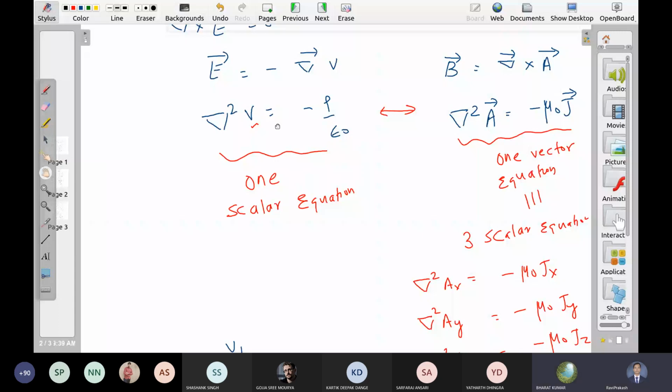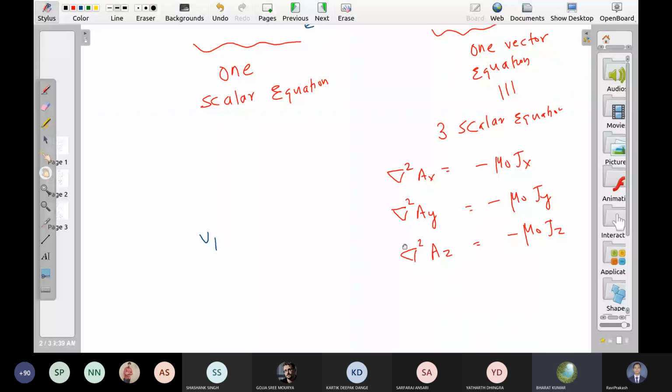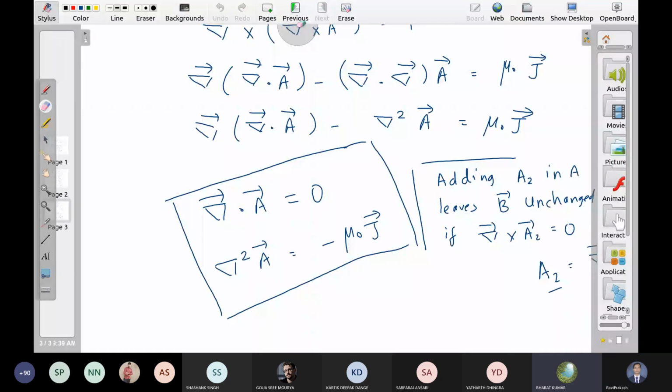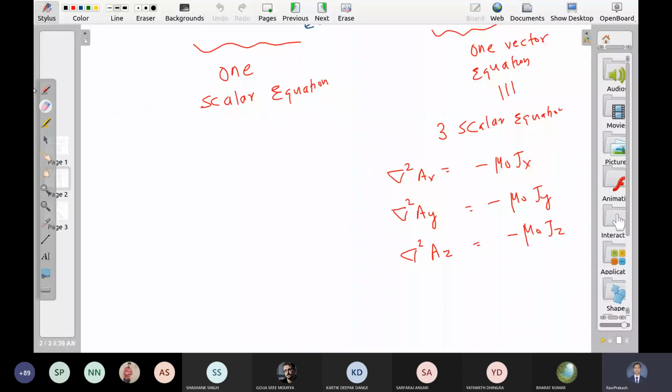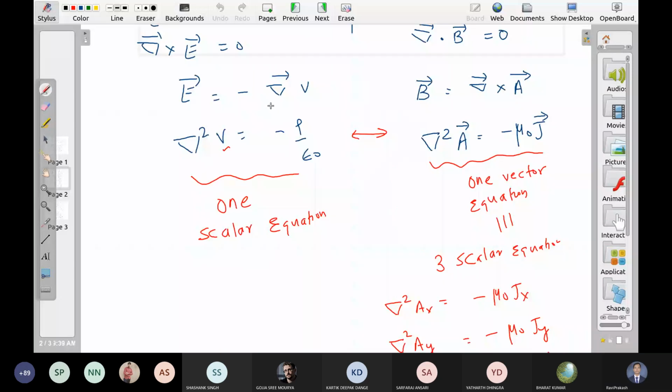The conclusion you just wrote, del dot A is equal to 0, we had supposed that, right? So sir, there you should write assumption and supposed, so that later we do not get confused. Right, right. Obviously, this is also a condition. Let me write here also. Del square A is minus mu naught J, and del dot A is equal to 0. So this is a condition like potential.